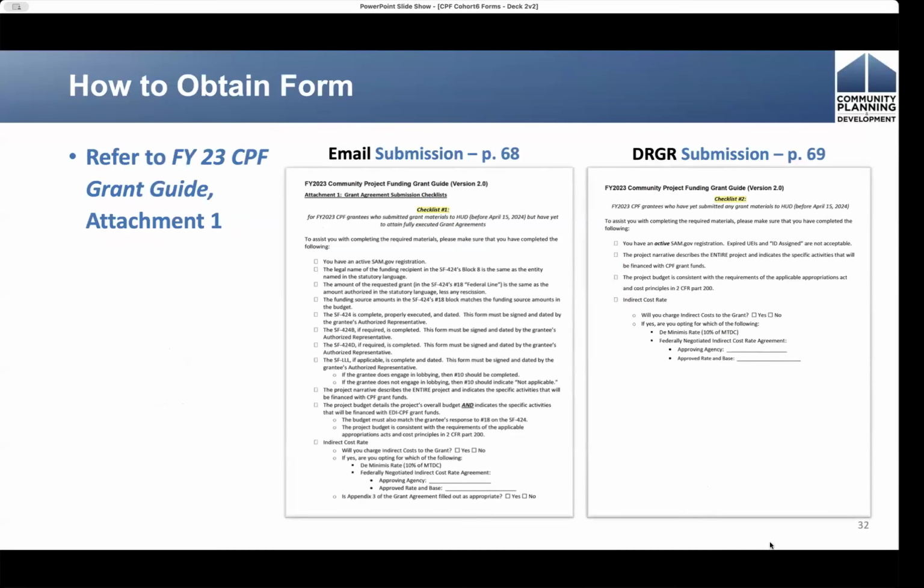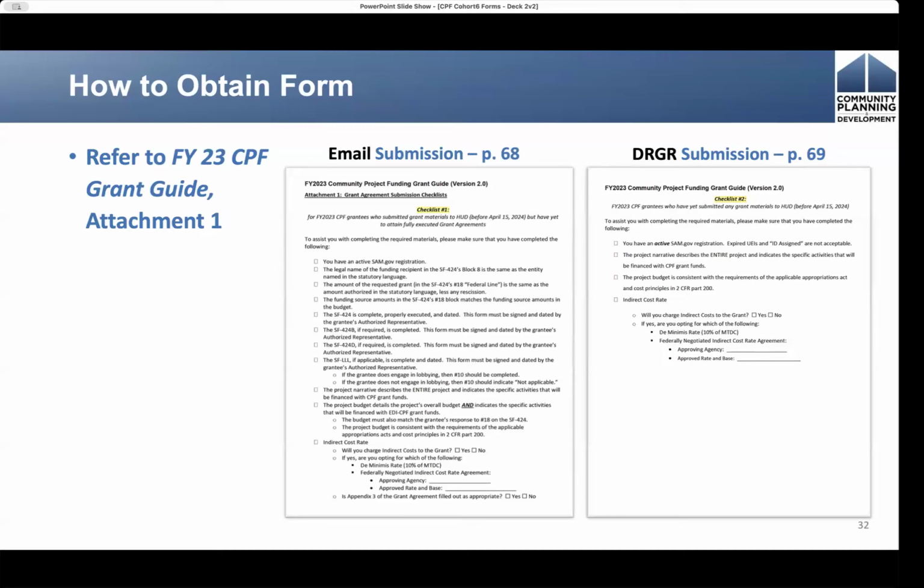So you want to refer to your grant guide. These checklists are in attachment 1. Page 68 contains the email checklist, and page 69 contains the DRGR checklist. So looking at the email checklist first, if you go between the two, you're going to see some common items on these checklists.